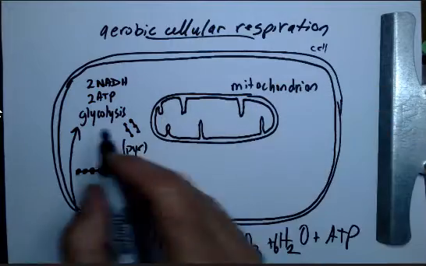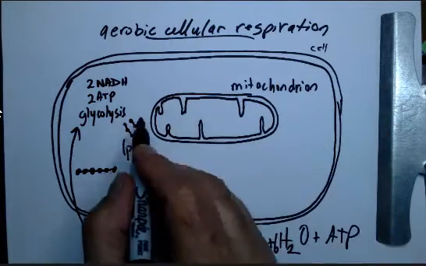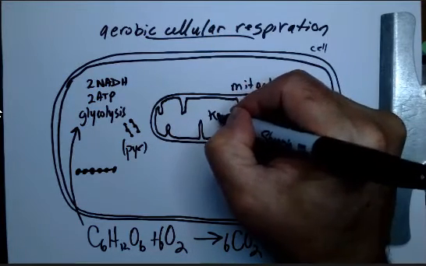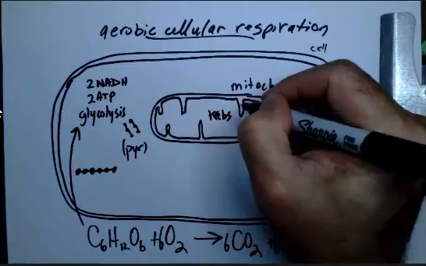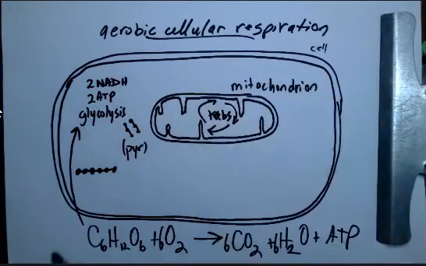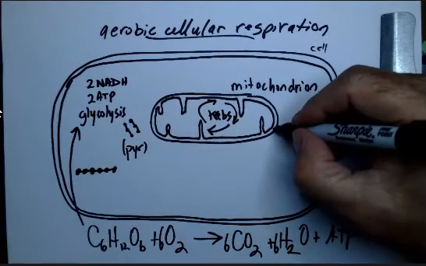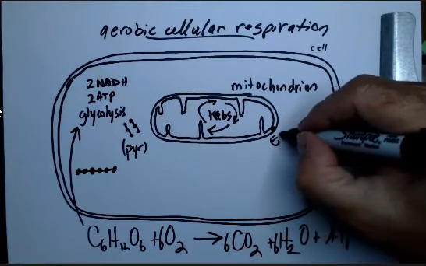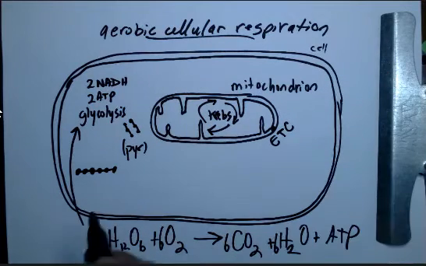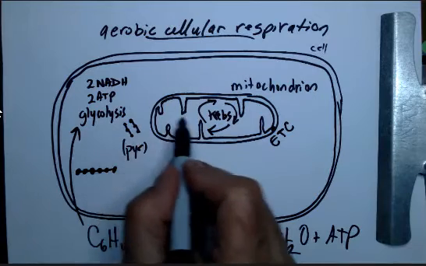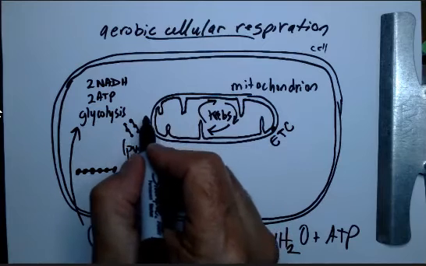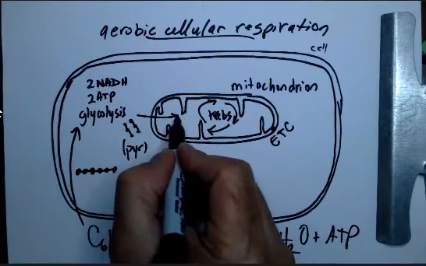The second major step is the Krebs cycle. There's a transition step, and we're going to get back to that in a minute. This is Krebs. Krebs cycle. Let's draw this to look cyclic. And then the last step occurs in the walls, and this is the electron transport chain, ETC is how I am showing that. Each one of these pyruvate molecules will be taken inside of the mitochondrion, and when that happens,